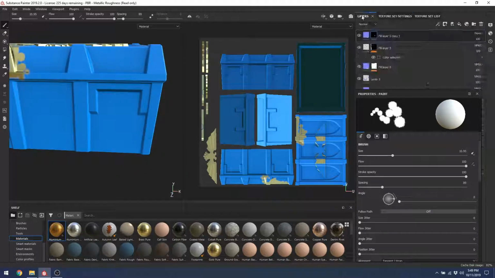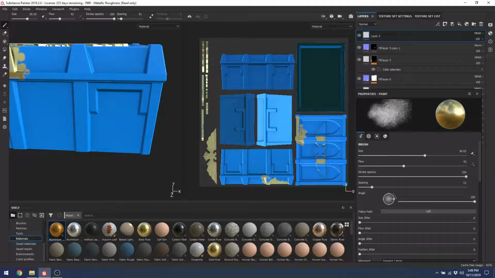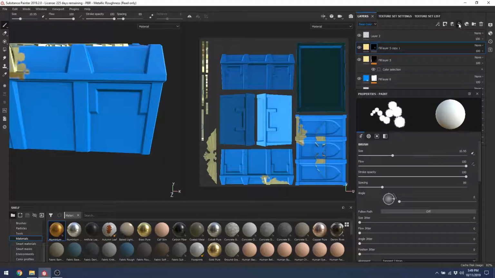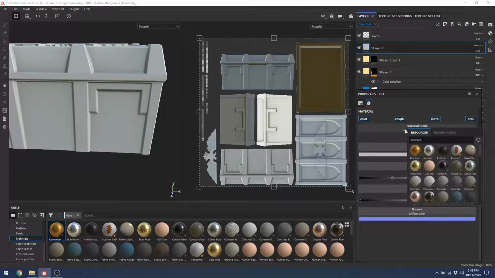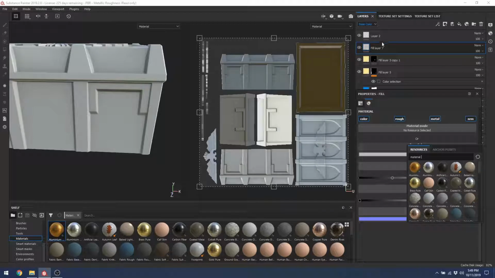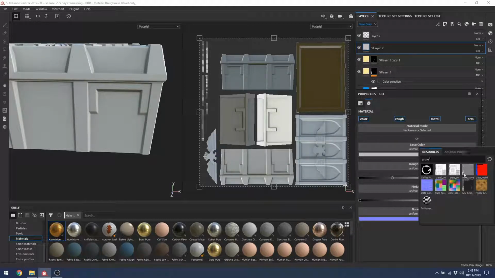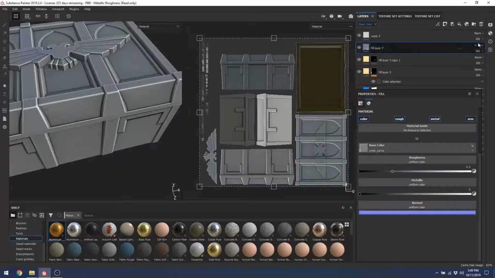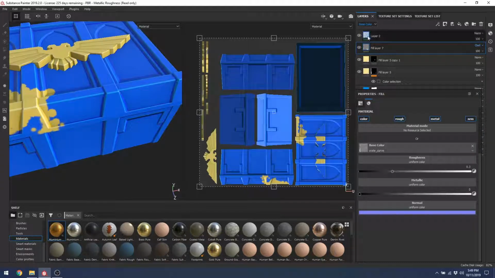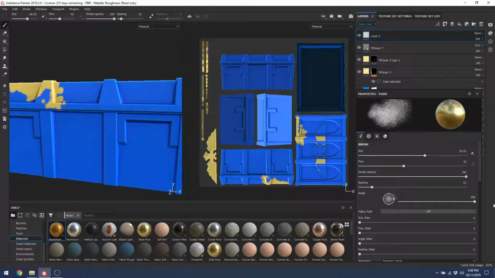So I'm not much of a painter myself, but there are a lot of options for stylized texture painting within this program, which is really nice. So I'm going to go back and re-add that curvature map. I find that's generally a good starting point for edge painting. Go back to overlay. And I'm going to go here. I'm going to find